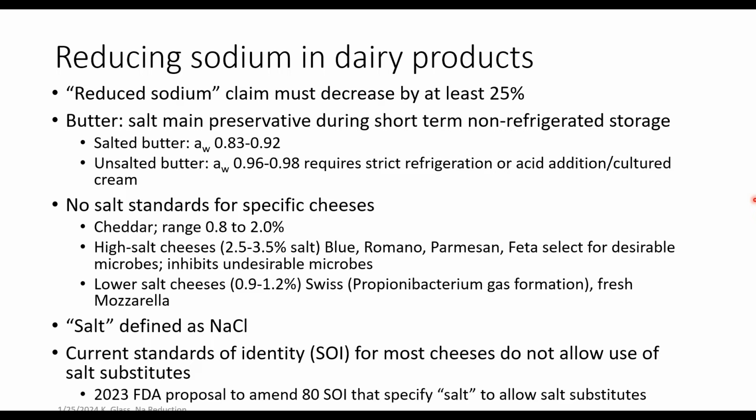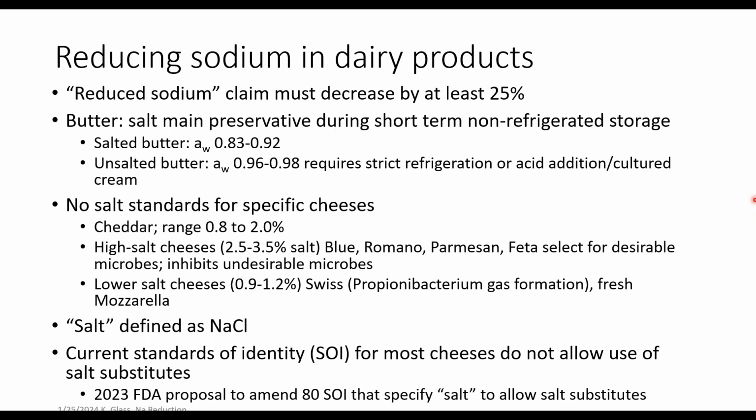Now, there are no specific minimum salt levels for most cheeses, but as I said earlier, the levels typically used are important for controlling the starter activity, reducing spoilage, and selecting for desirable microbes. Although potassium-based salts are used in a variety of other foods to reduce sodium content, on the dairy side, current standards of identity for most cheese do not allow use of salt substitutes other than limited exceptions for low sodium cheddar and a low sodium Colby cheese. And these products must bear a label that states potassium chloride is added as a salt substitute.